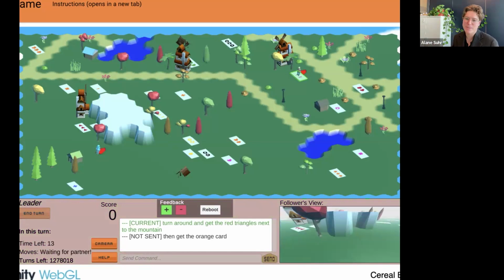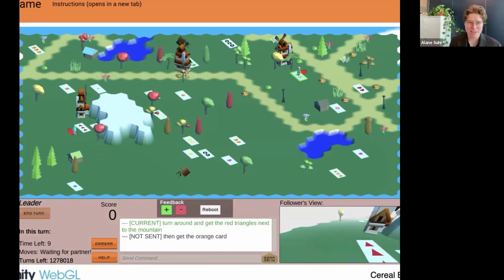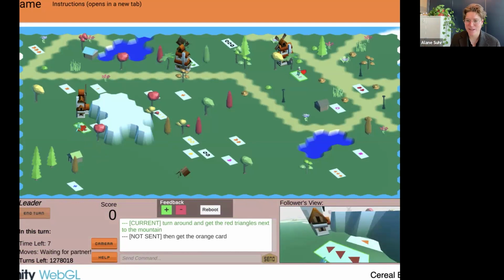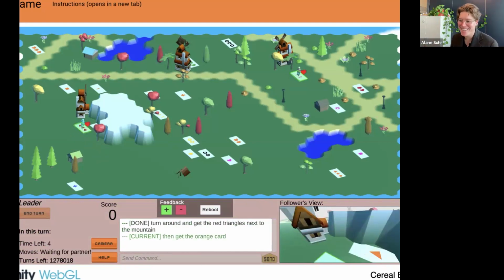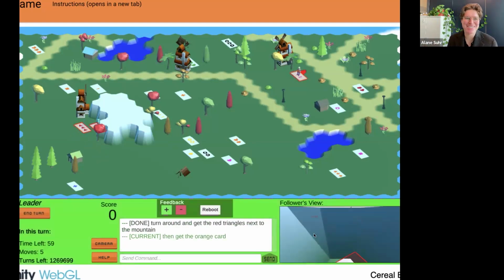So as you can see, its turn began, the system is turning around, it's recognizing that there's the red triangles, it's picking up that card. But oh no, I didn't realize that on the bottom right here, you can see in their view, there's another orange card that I didn't realize was there. And this is an orange triangle card. But we just picked up some triangles, so that's why these cards are outlined in red, because now we have an invalid set. We have 2 cards with triangles on them. So I made a mistake as the leader, but I can fix this by issuing new instructions.